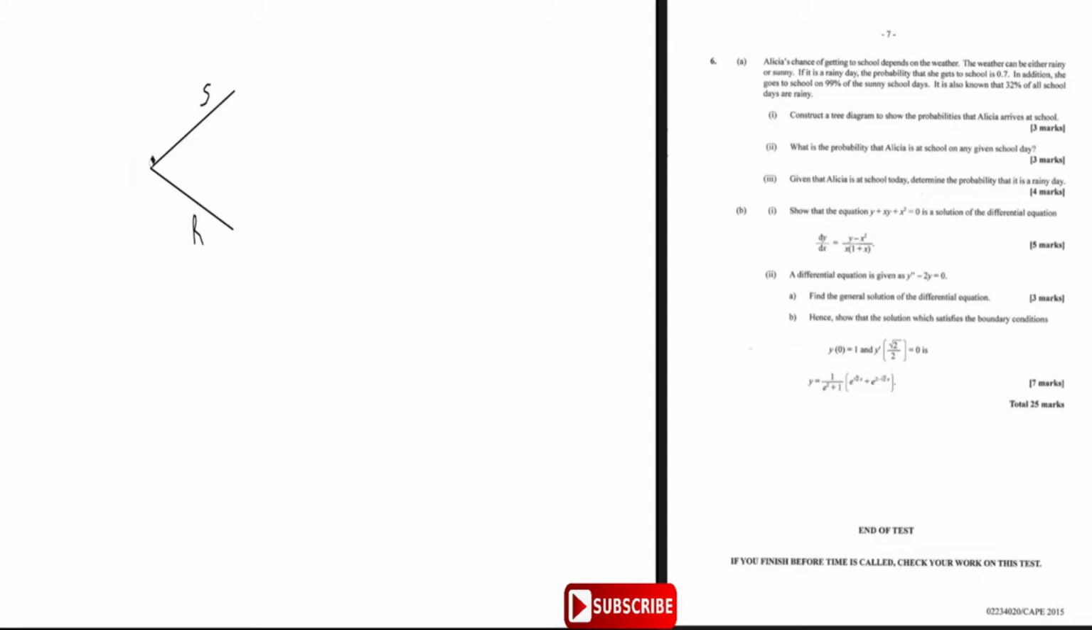The chance of it being rainy is 32%. So chances of it being rainy is 0.32, and chances of it being sunny then is 0.68. The next part of the tree diagram is, given that it is sunny, the chance of her going to school is